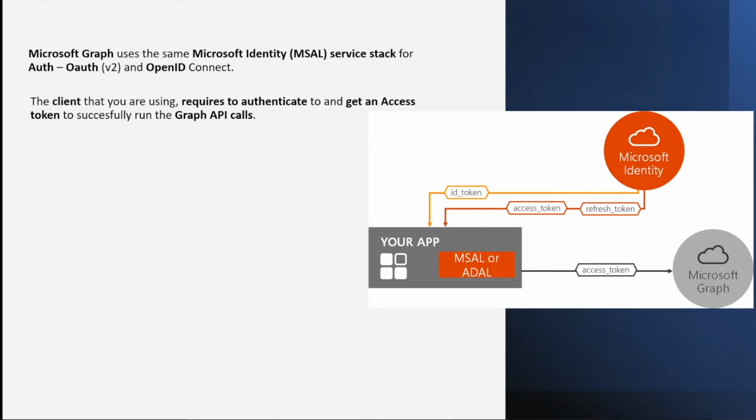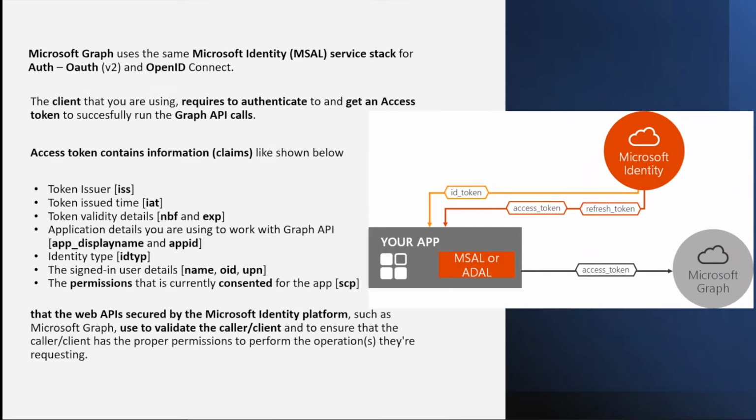Now, why is an access token required? Because obviously you cannot access a service without proper permissions, right? We wouldn't want anyone to just log into the portal and get access to doing things. So it's the same thing with Graph API as well. And because it is overtly powerful, whether you make the calls using PowerShell or your app, you would want to be very secure about it,